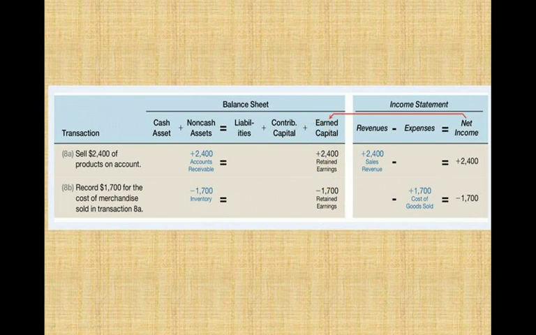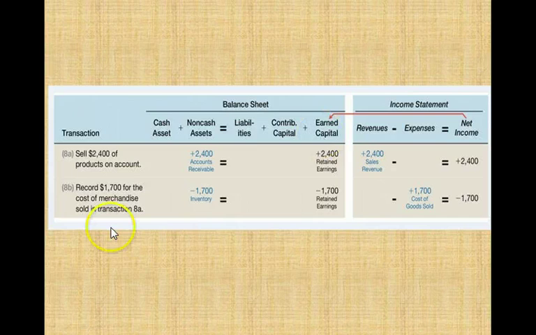So we've taken a look at just two of the transactions, and there are a number of transactions for MBS presented in Chapter 2 and 3. And what you want to do is go through each one to seek the understanding of why it is recorded in the way it is recorded, which accounts are involved. And again, notice that the items in blue are the actual transaction. The items in black are actually the extension of the transaction through the income statement